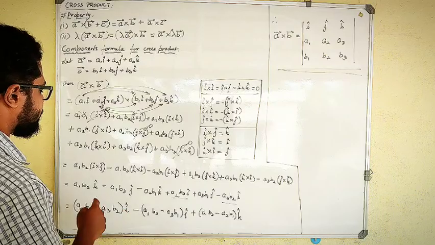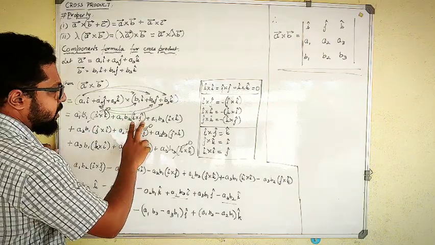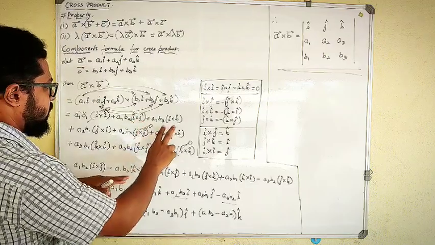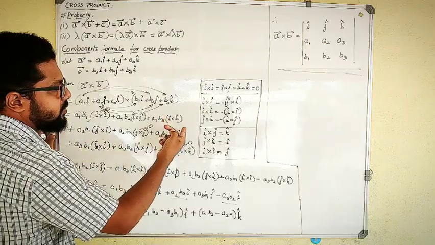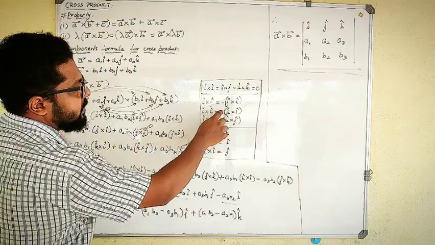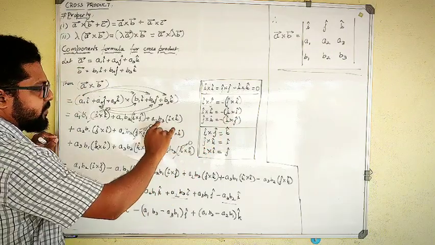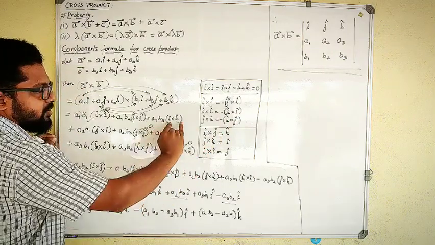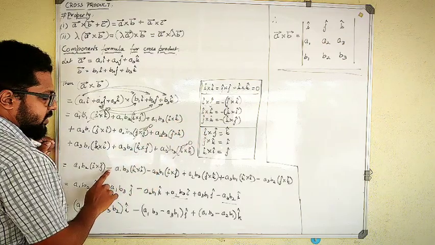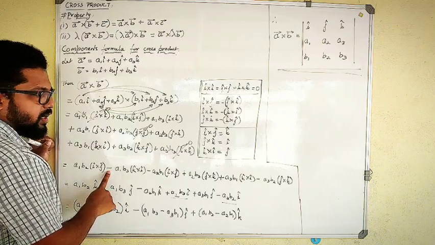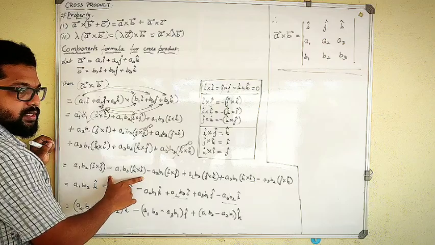So what I will do is, in these positions, wherever I cross J, and over here I cross K is there, right, in the second position. This one I will rewrite. Why? Because I cross K, I will write as K cross I. Okay, from here to here, K cross I. When I write it as K cross I, it will become minus of that, because I cross K is equal to minus of K cross I. That one I will write here like this.